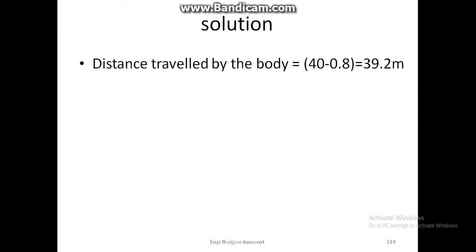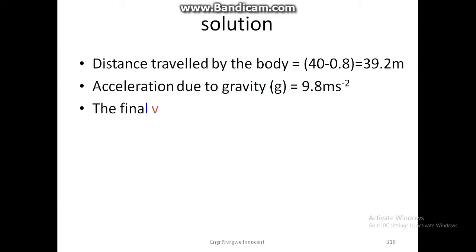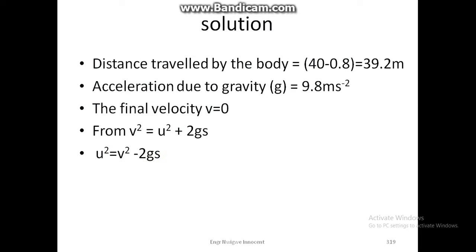Solution. Distance traveled by the body equals 40 minus 0.8, which is equal to 39.2 meters. Acceleration due to gravity g is equal to 9.8 meters per second squared. The initial velocity u is equal to 0. From the third equation of motion, v squared is equal to u squared plus 2gs. Since the body is falling from a height,